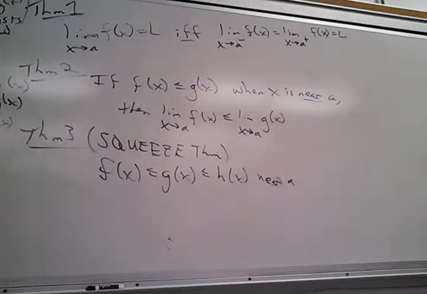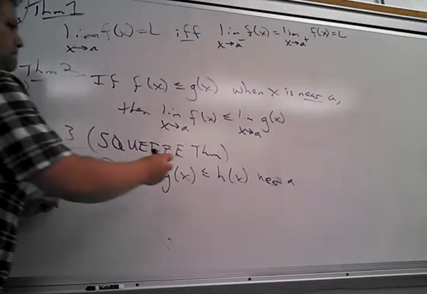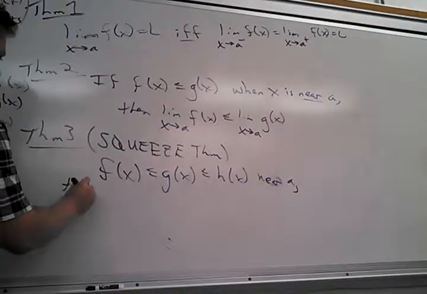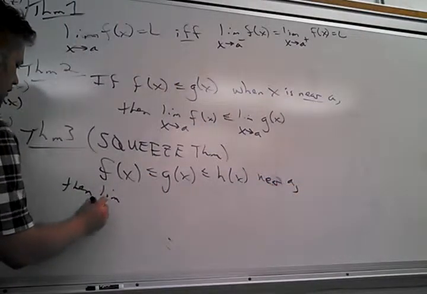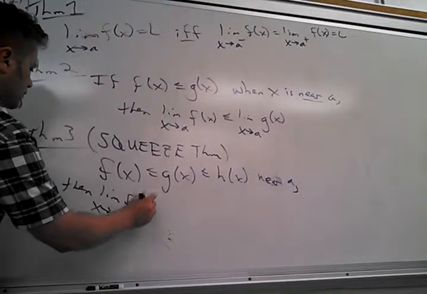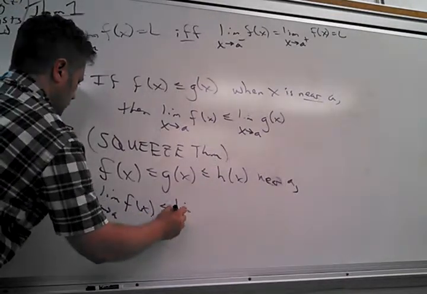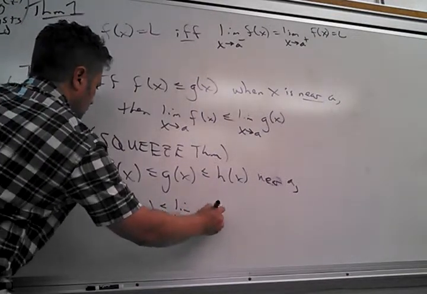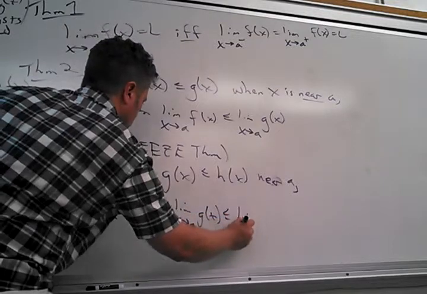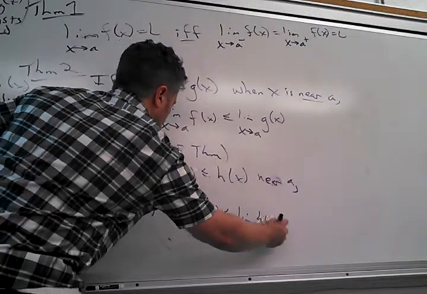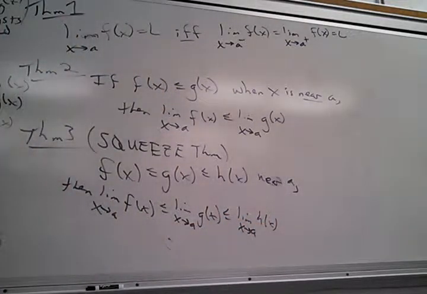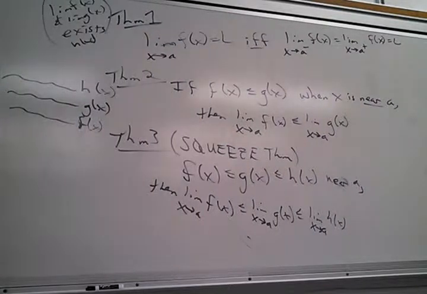Okay. But the one special point is a. That's the one I'm interested in. So what really happens at a is this. Then the limit as x approaches a of f of x. I mean, this is all this really says. But I'll show you how it's used in practice. Now again, this almost seems too obvious, but you actually have to prove this.